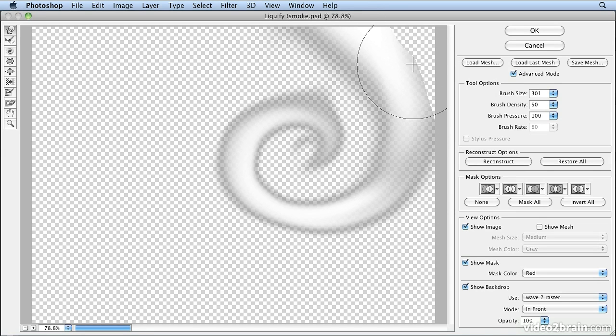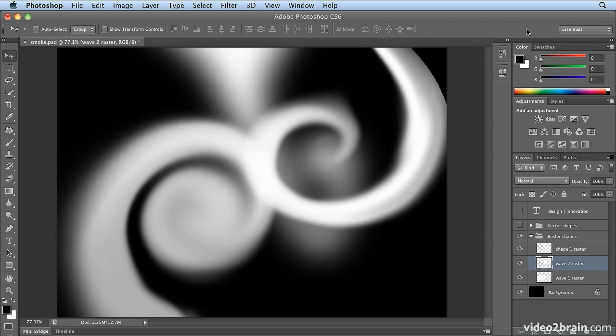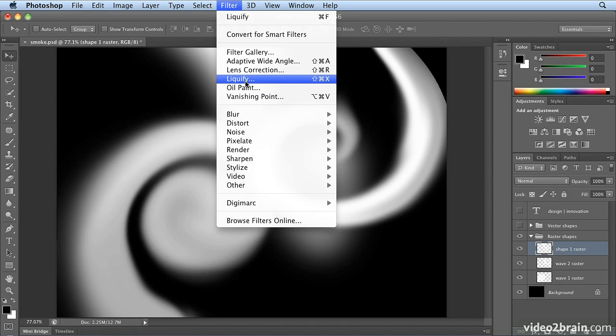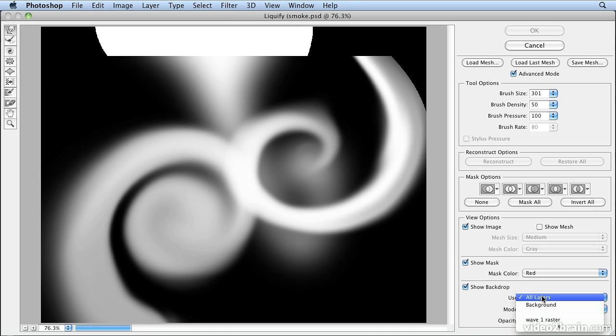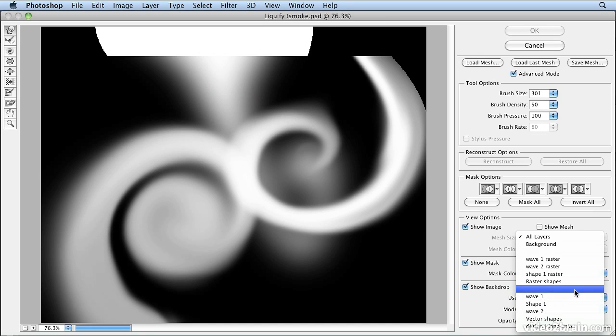I think I'm happy with that. I'll click OK. Nice other swirl. Then I'll click on Shape 1, and then Filter, Liquefy. Make sure I'm using Shape 1,